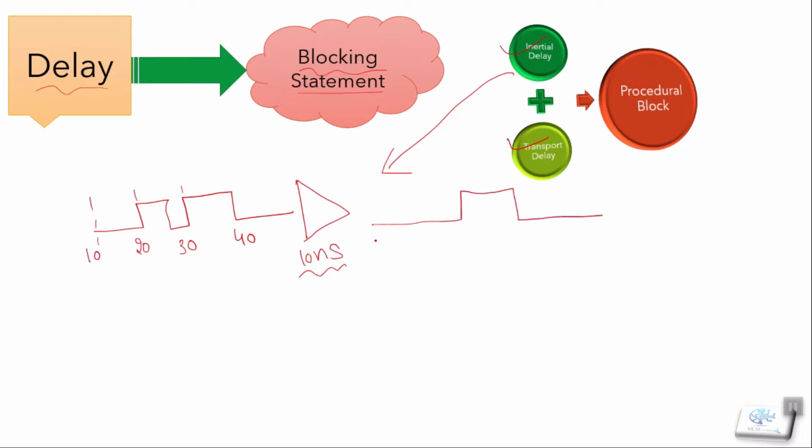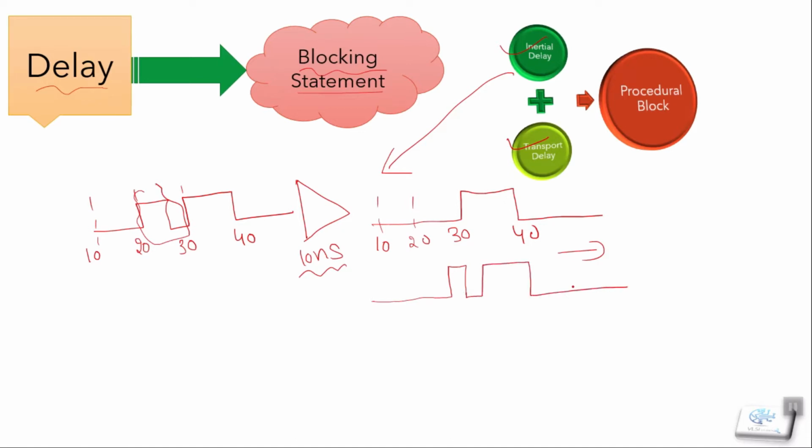So we got the output as simply the time steps 10, 20, 30, and from 40 it will start, because we have a delay of 10 nanoseconds. So this glitch will not propagate to the output. This is called our inertial delay. And in simple terms, with transport delay the gate will propagate all those glitches and minor changes that happen in our input.